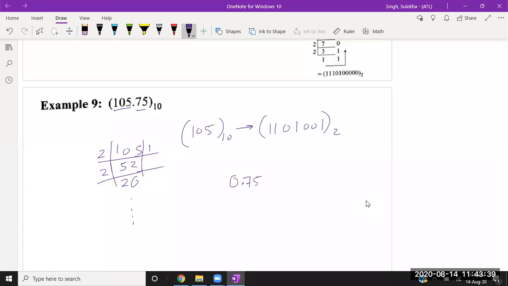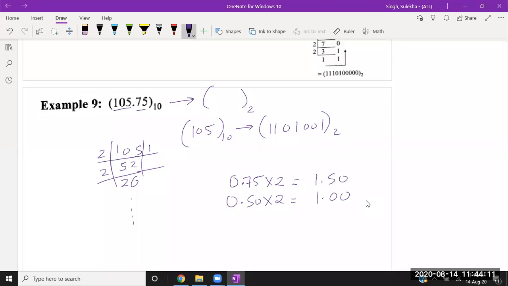You need to write 0.75, and since you want to convert this number into binary form, you need to multiply this number by 2. If you multiply, you get 1.50. You leave this integer part, and you take the fraction part for the next calculation. Okay, 0.50: again you multiply by the same number, and you get 1.00 this time.